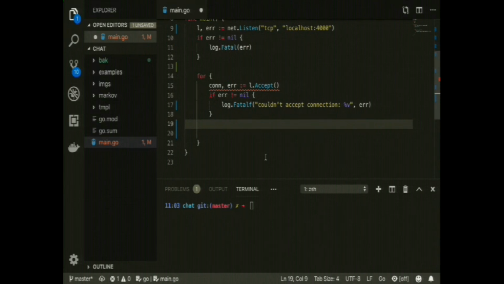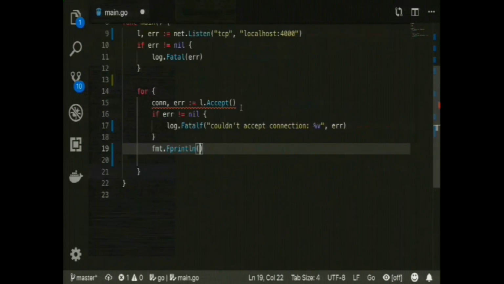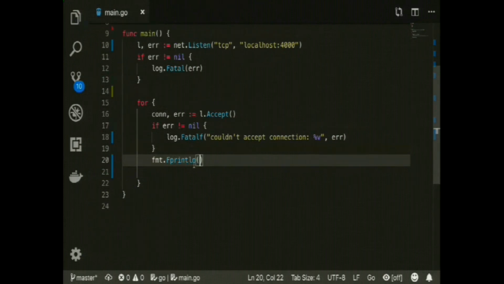OK, so then we have a connection. And what I want to do is just print hello into the connection. So actually, you can do Fprintln. So actually, let me remove a couple of things so you can see it bigger. So Fprintln, it receives